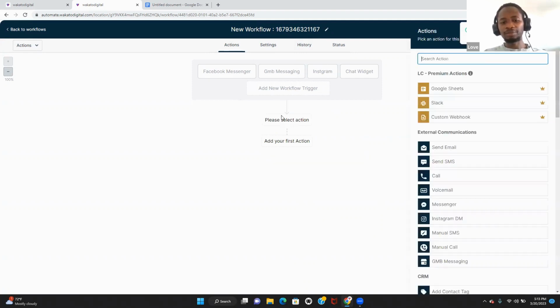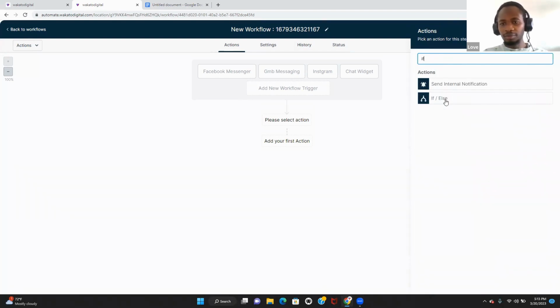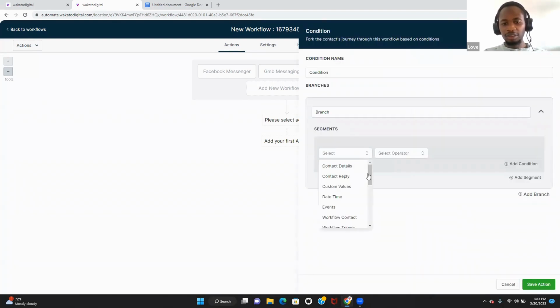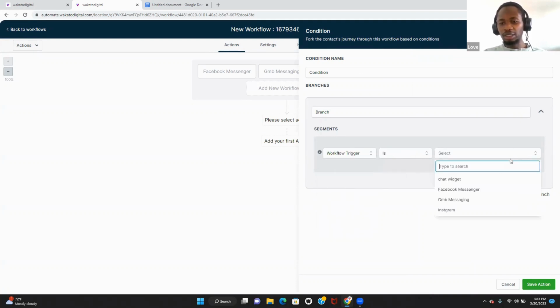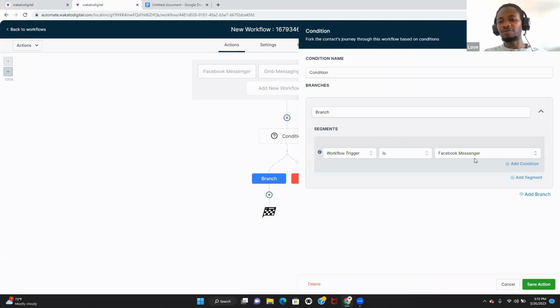So we're going to add if the workflow trigger is, and then we choose. Now, as you can see, we have this: if is Facebook Messenger, and then we save. So this is what we want to happen if it's Facebook Messenger, and then we're going to have a different type of condition, right? So we're going to add